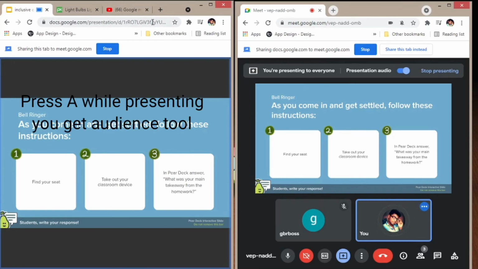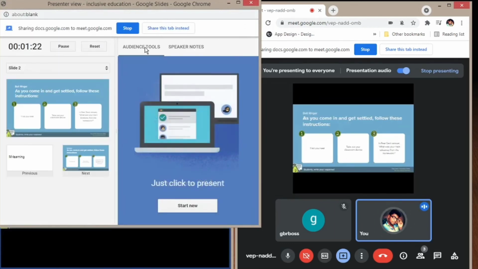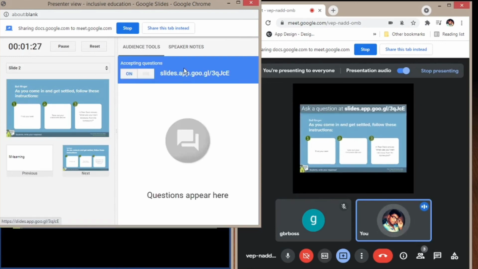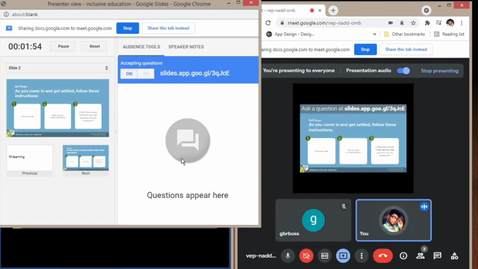Conversations are also possible here. If you click A, there will be an audience tool. Okay, audience tool, you can start new, this you know. And speaker notes you can also make on a particular slide. If you make any note on a slide, you can present the slide, and they won't be looking at your notes, but you can speak over the notes. Key points you can make of your own, and you can still present in a comfortable way. So this is speaker notes, and this is audience tool. This is what we are going to come to now.